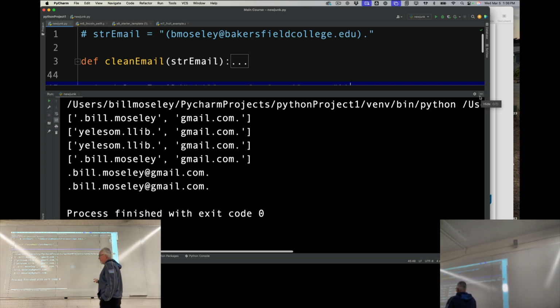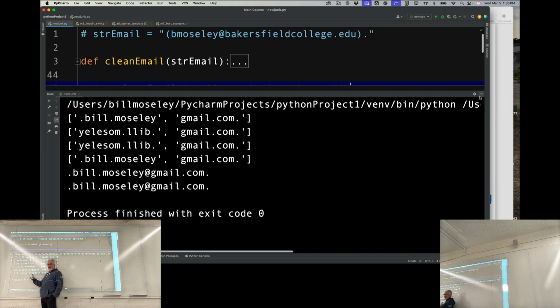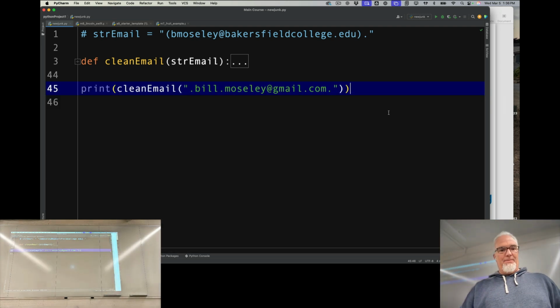And by the way, you also cannot have a period next to the @ sign legally in an email address. So I need to clean any periods off of the ends of those strings. But this is really pretty simple. I'm going to go back in